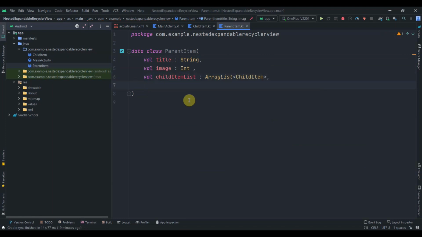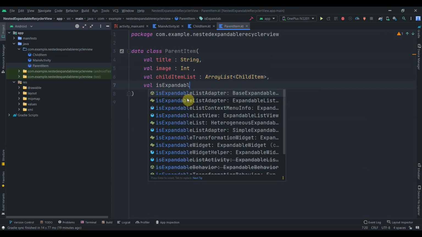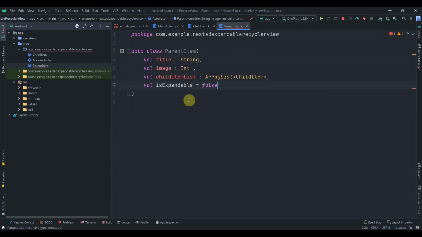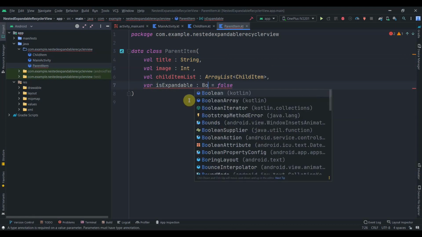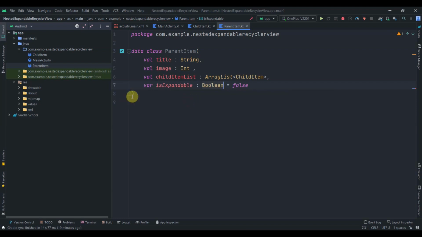Then we'll have another parameter which is expandable, and we'll make it false. This one is a Boolean. Let's keep it as a var and specify the type. So this one is expandable, which is Boolean. We'll need this variable in the future, I'll explain it there in the adapter